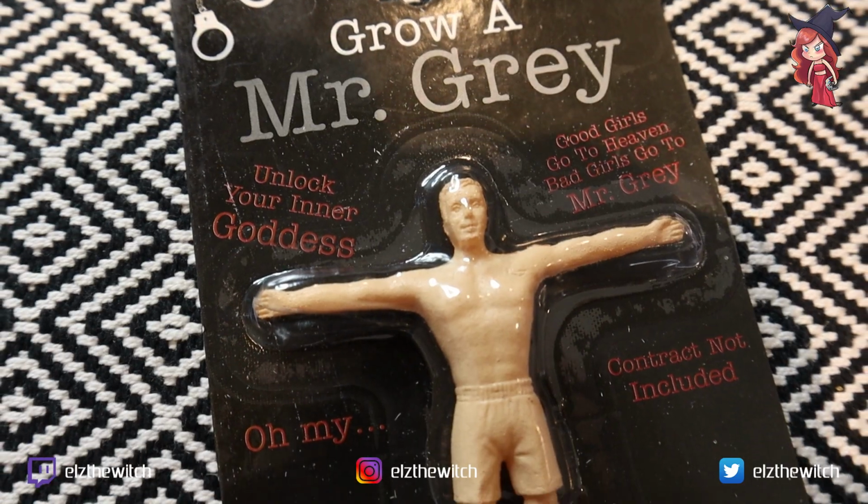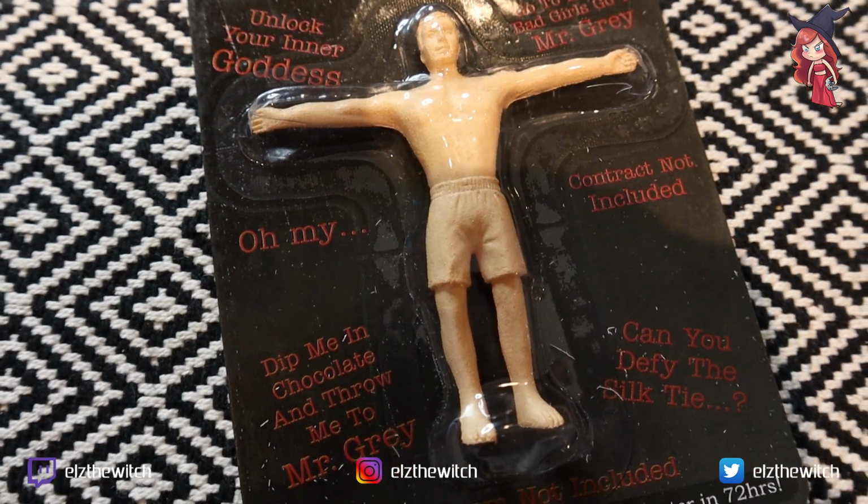The third one is Grow a Mr. Grey. Now, if I'm correct, Mr. Grey is the one from 50 Shades of Grey. Never watched it myself, don't really want to. Unlock your inner goddess. Good girls go to heaven, bad girls go to Mr. Grey. Are these phrases from the movie, or are these just little cringe things that they put on there? Grows on average over twice its